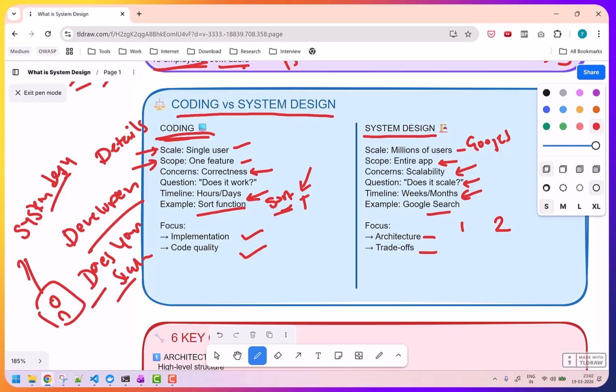For example, your application should be available to the user. Now the application is available, but the user is seeing stale, old data. He will not get the latest data very soon. That can be a trade-off. Your application is available, but he is getting stale data. Now, if you always want to show the latest data, then your application might not be available for some time, because let's say there is a breakdown. So there is always a trade-off. We will understand trade-offs when we understand the CAP theorem. So stay tuned for that. We will understand this also.